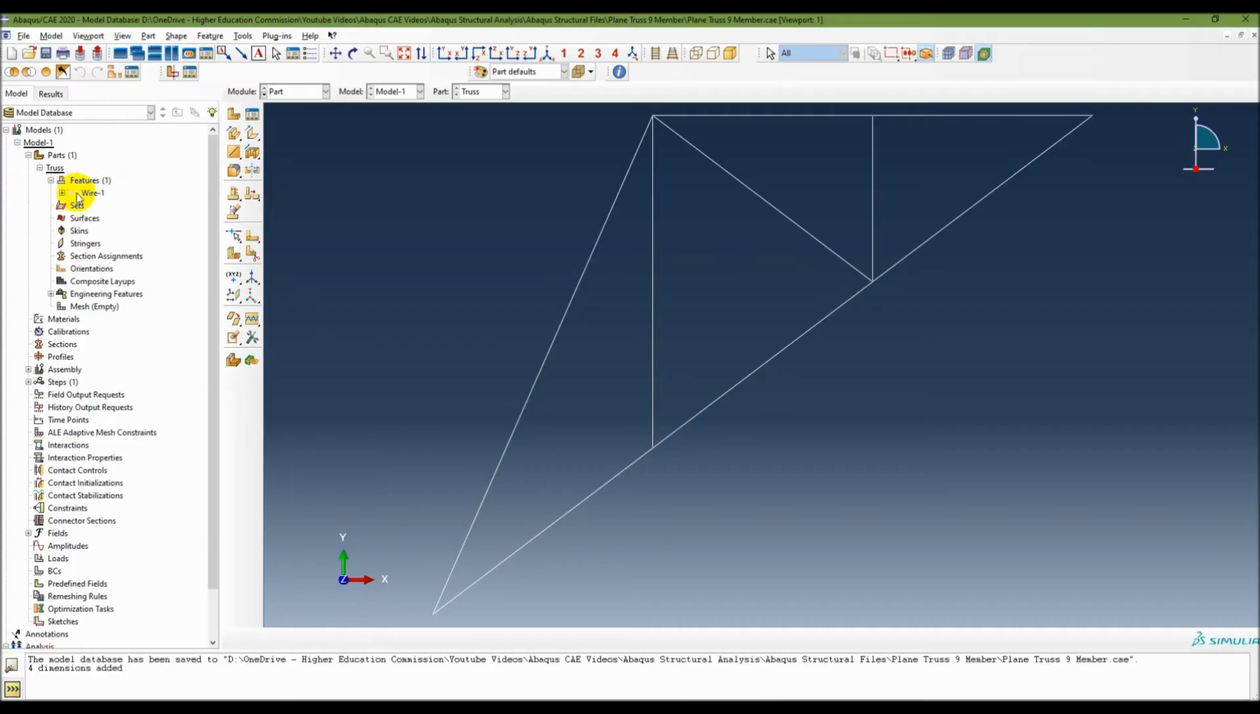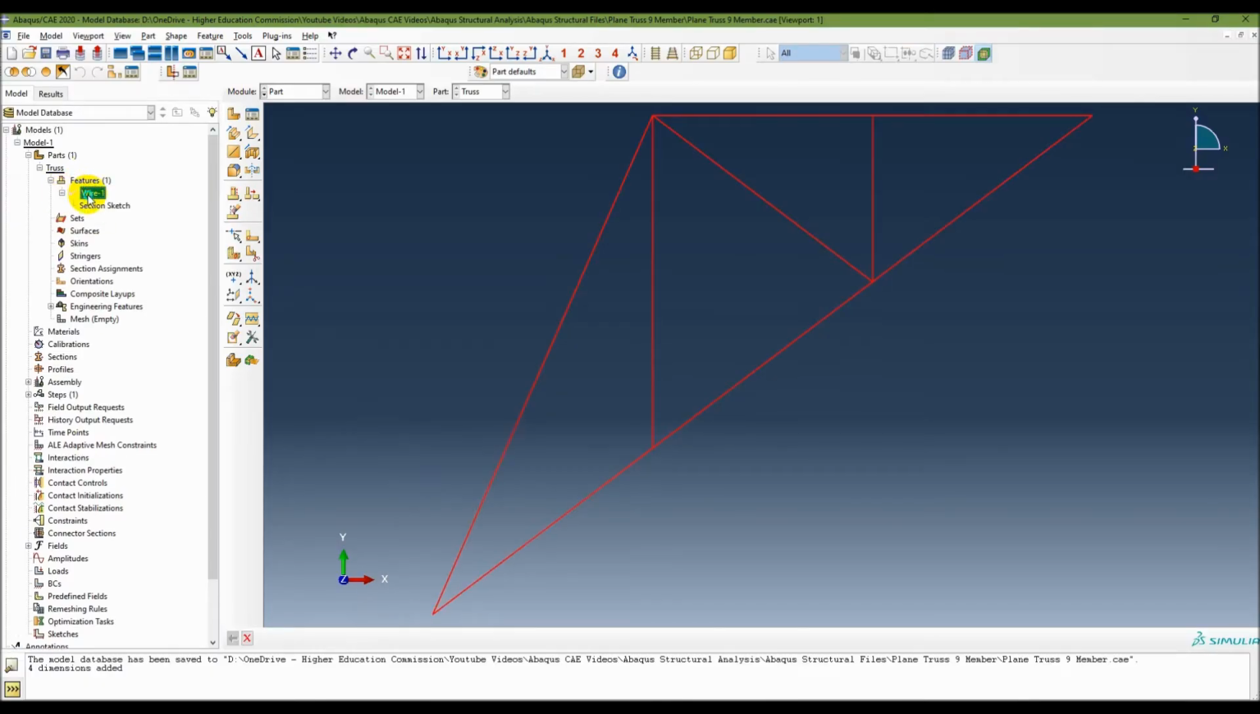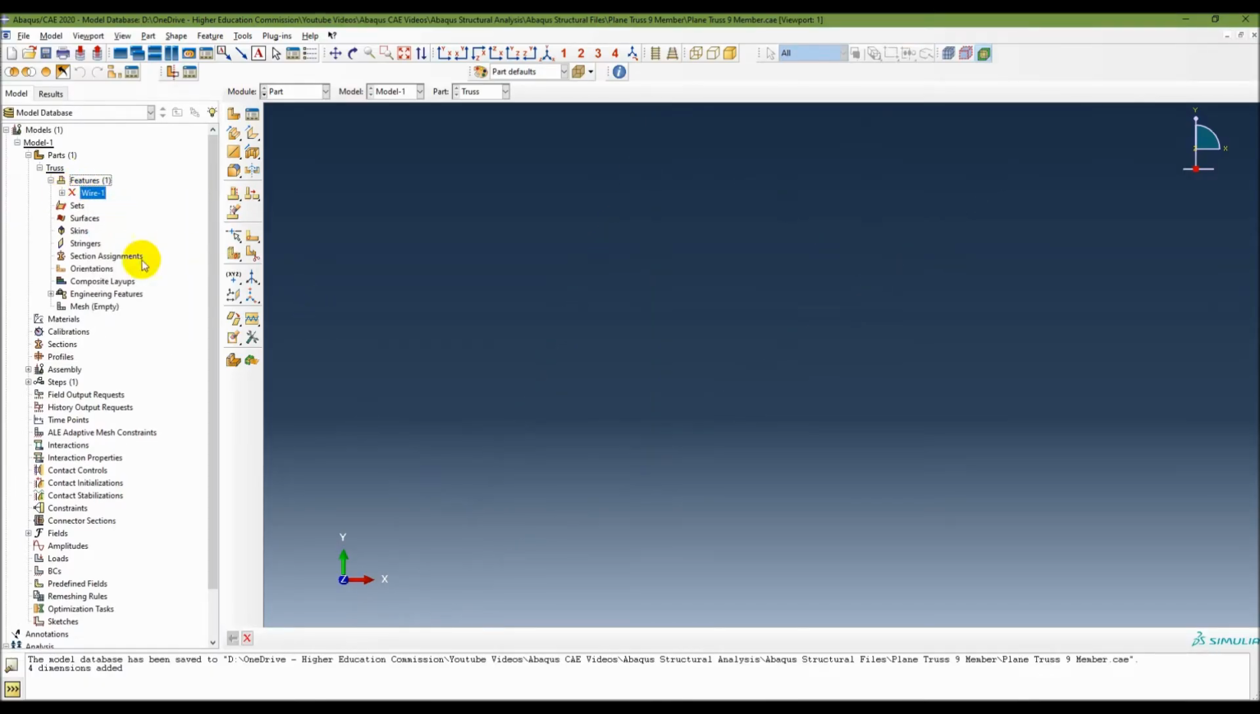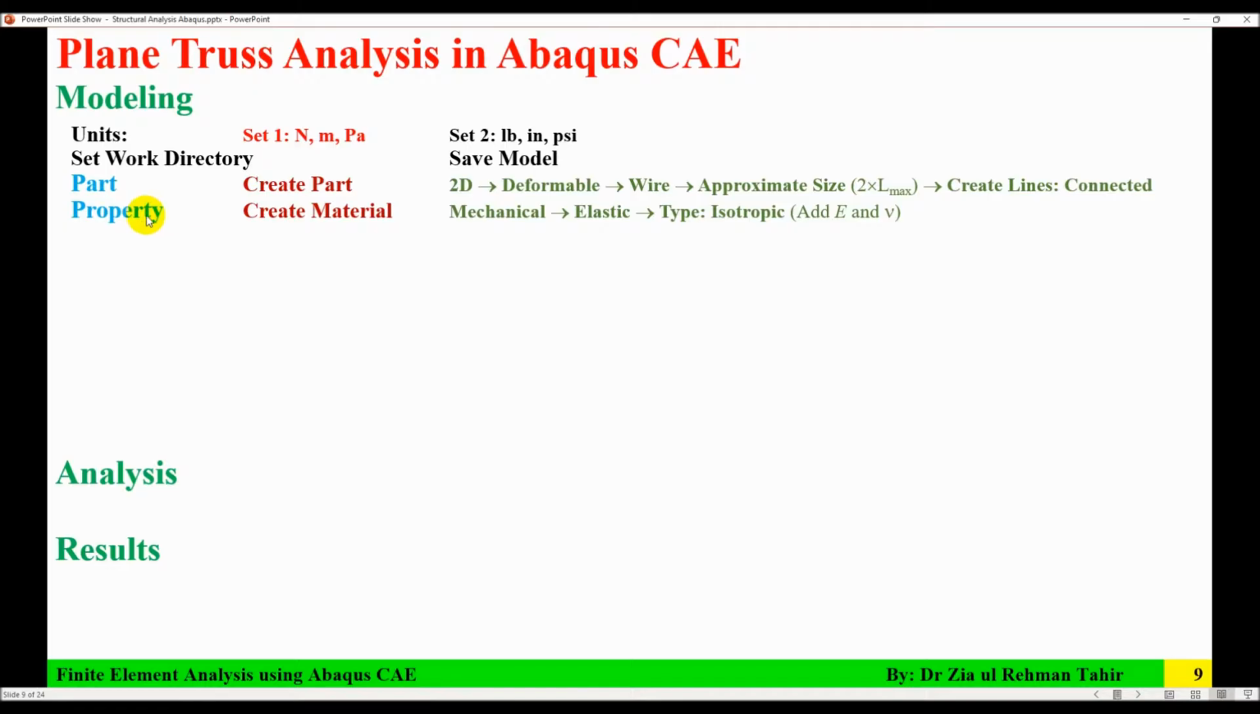Okay, and you can see that it is being suppressed, so modified. So first suppress it and then resume it. So now first part, like first step, model is being created or it's being sketched. Next step, using property module, create material, mechanical, elastic, type isotropic, and need to add modulus of elasticity and